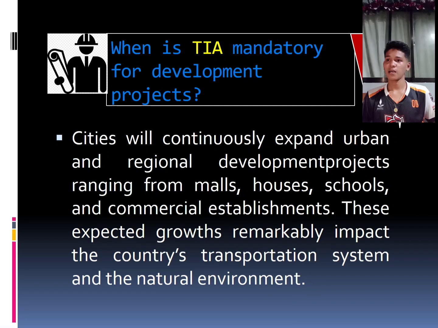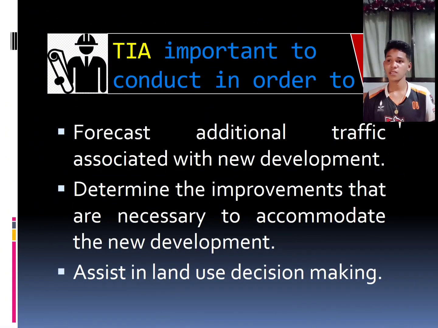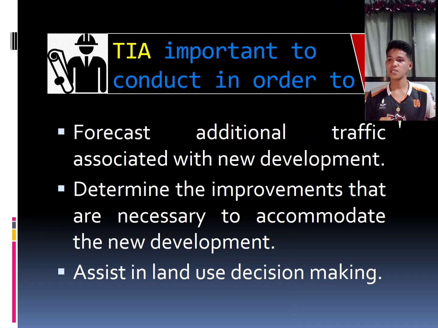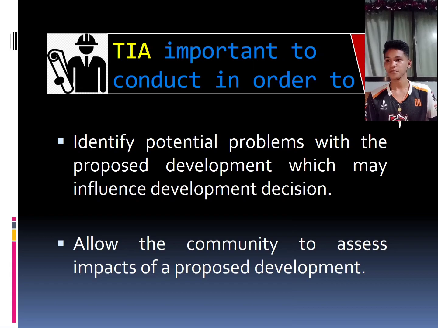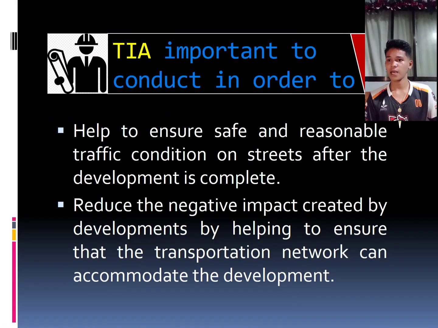TIA or the Traffic Impact Assessment is important to conduct in order to first forecast additional traffic associated with a new development, determine the improvements that are necessary to accommodate the new development, assist in land use decision making, identify potential problems with the proposed development which may influence development decision, allow the community to assess impact of proposed development, help to ensure safe and reasonable traffic condition on streets after the development is complete,